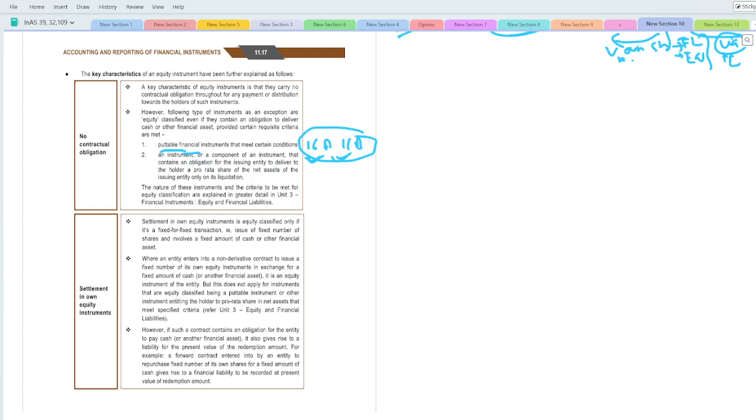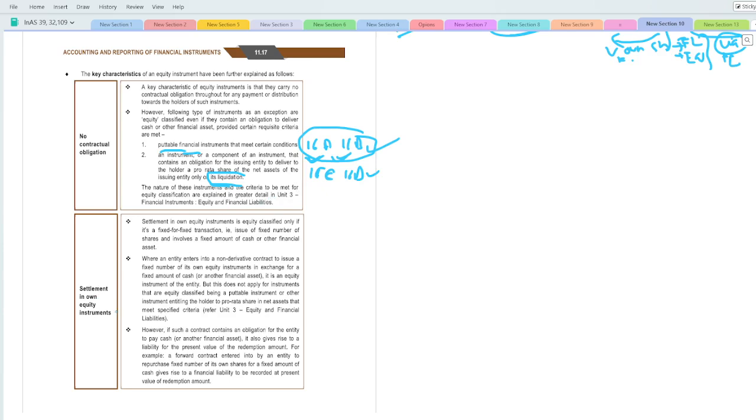and the instrument or a component of an instrument that contain an obligation for the issuing entity to deliver the holder a pro rata share of the net asset only on its liquidation. So अगर liquidation होगा तो जो मैंने आपको बोला यहाँ पे 16C और 16D कंडीशंस आती है, जो अगर वो सेटिस्फाई हो रहा है तो वो इक्विटी इंस्ट्रूमेंट होगा, इन स्पाइट ऑफ कि वो फाइनेंशियल लाइबिलिटी होने के बाद भी उसको हम लोग इक्विटी इंस्ट्रूमेंट बोलेंगे, क्योंकि वो 16C एंड 16D कंडीशन सेटिस्फाई कर रहा है। So the nature of these instruments and the criteria to be met for the equity classification are explained in the greater detail in the unit 3, ठीक है, ये हम लोग यूनिट 3 में डिस्कस करेंगे।